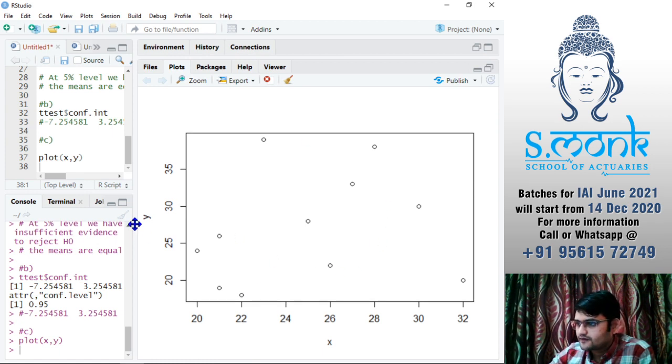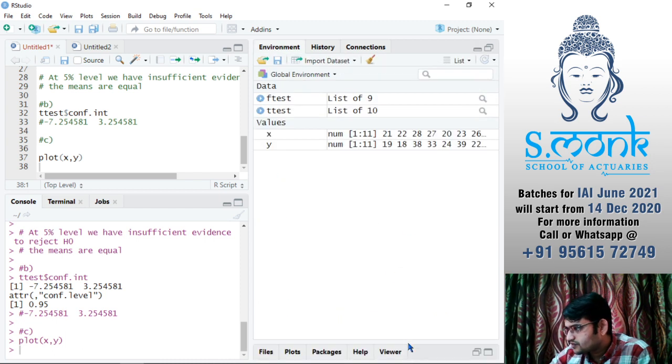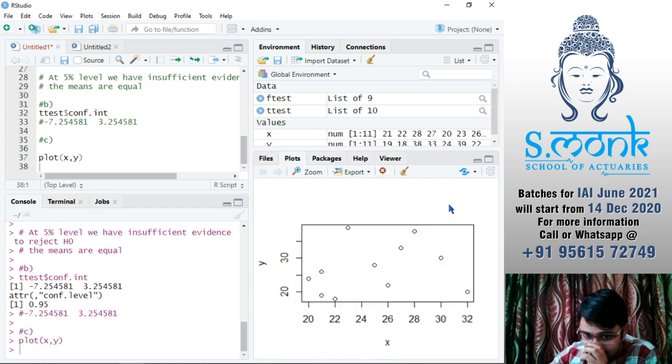First of all, make sure that you have one folder created for keeping all your files in it. If you want to keep your data file, your R file, your Word file, everything in one place, you will make a folder on the desktop and save everything there.